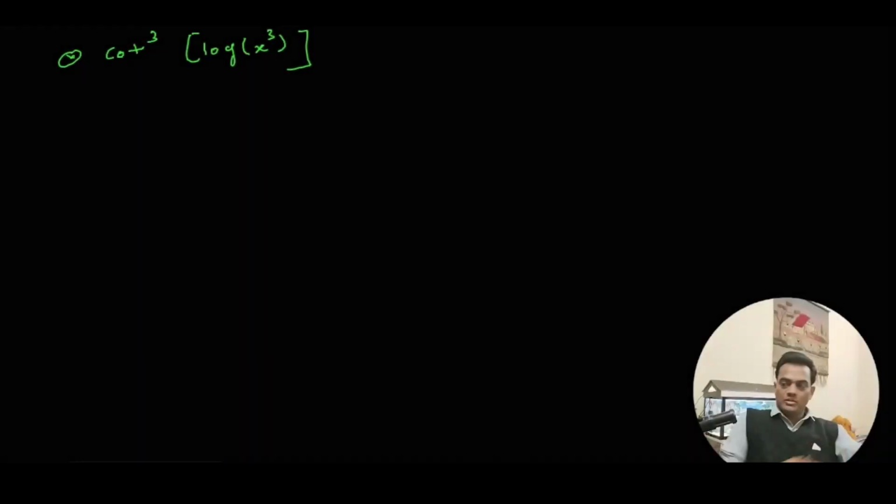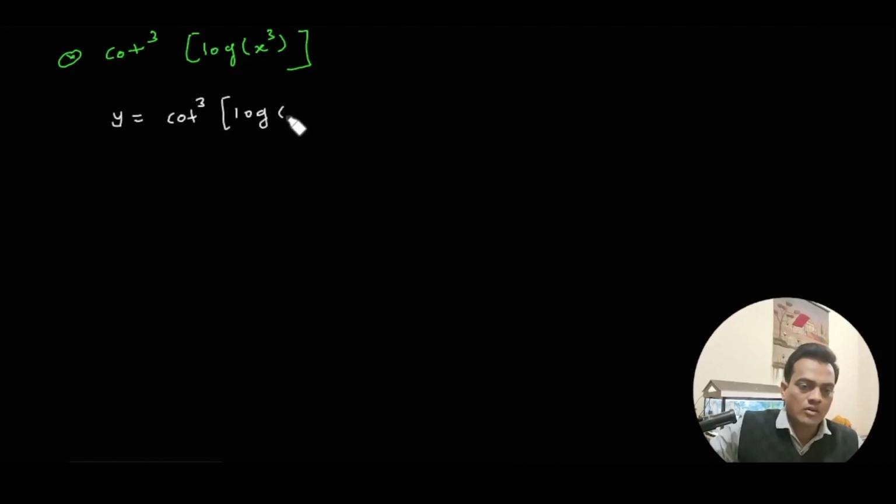Okay, now it is a function. Now this is also a composite function, first of all, because it is dependent on cot as the first function, log as the second function, x cube as the third function. So it is a function of function like that. So how to solve this particular problem? We first of all consider y is equal to cot cube of log of x cube,